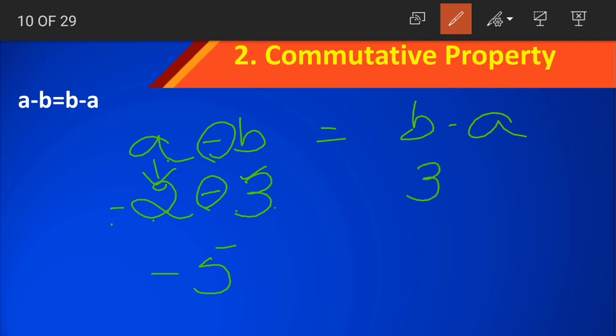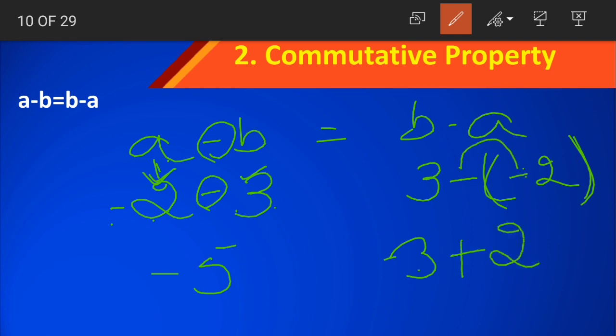What is b? b is 3. Then the minus symbol, which is for subtraction here. What is the value of a? a is minus 2. As we have two signs here, we put it in a bracket. Coming to the solving part, 3. About the signs here, minus into minus becomes what? Plus. 2, we are copying the 2. What is 3 plus 2? 3 plus 2 is equal to 5. 3 is the higher number which is positive, so the answer is also positive.